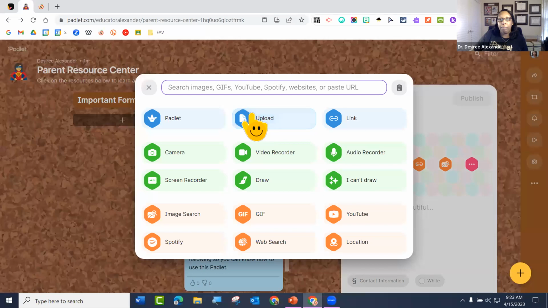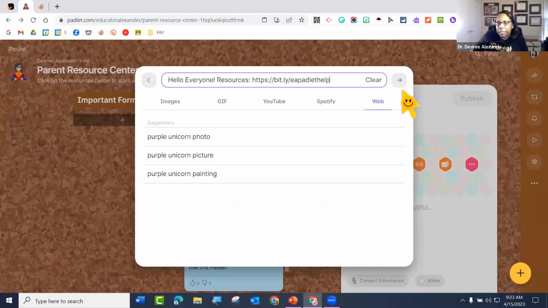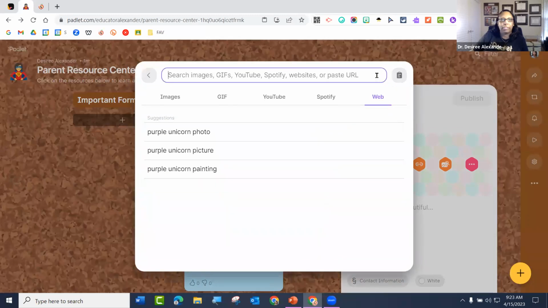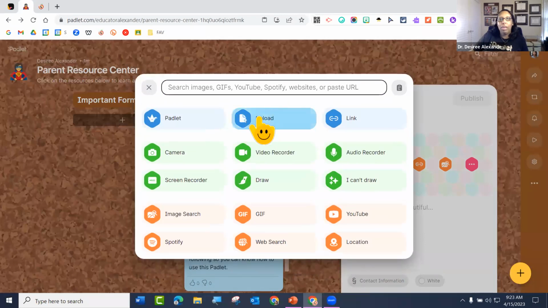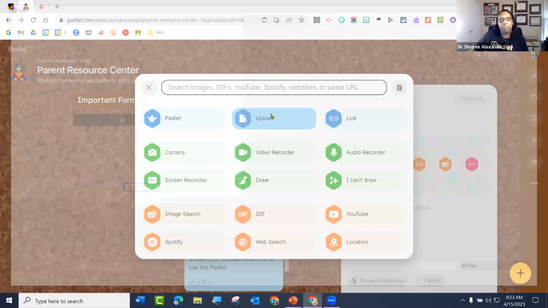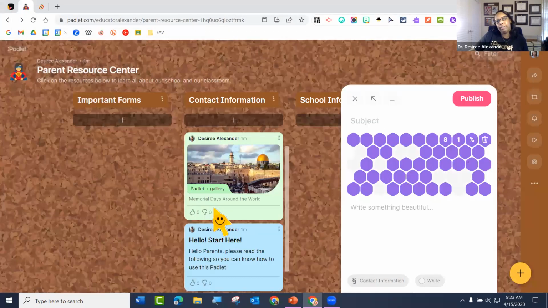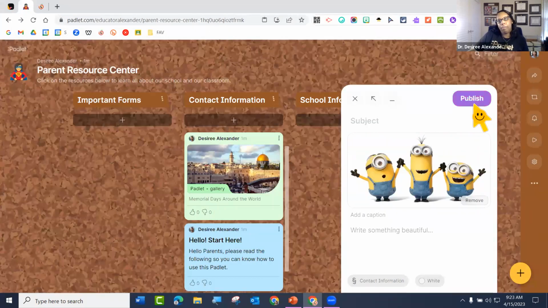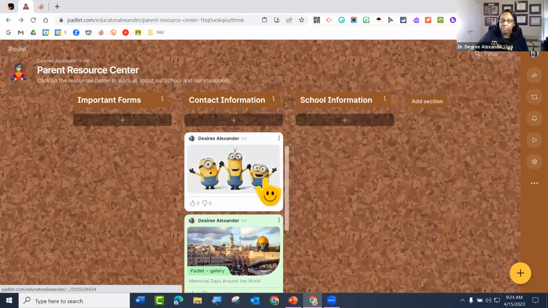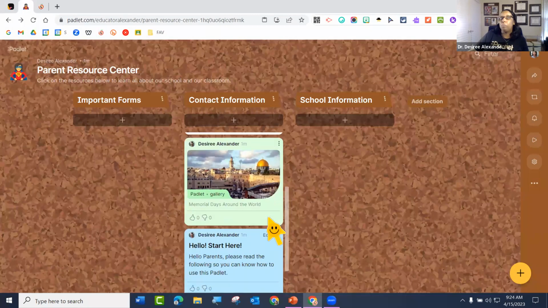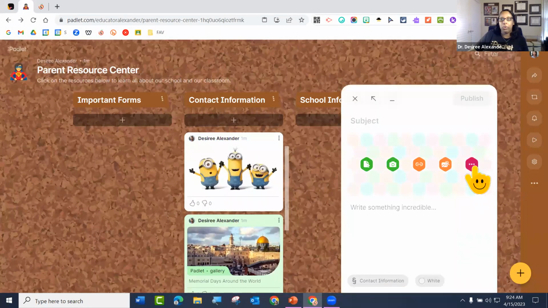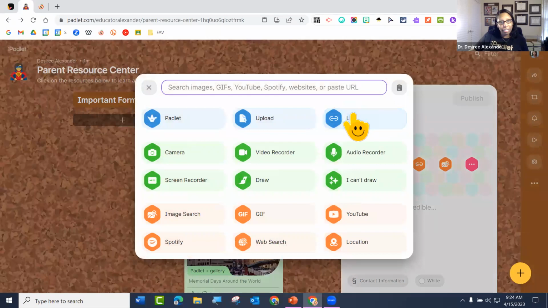So if you upload, what is this little button? Let's see. Oh, okay, I'm not going to look at that right now. Okay, then you can upload from your computer. So I'm going to upload the minions. Publish, and this is when you start getting into that 20 megabytes. So just keep that in mind. If it doesn't let you upload a picture, the picture is too big. You can always upload the link to the picture.